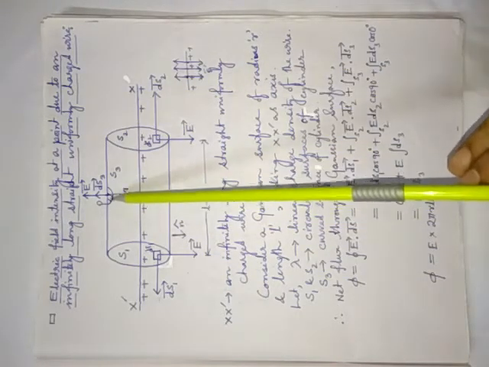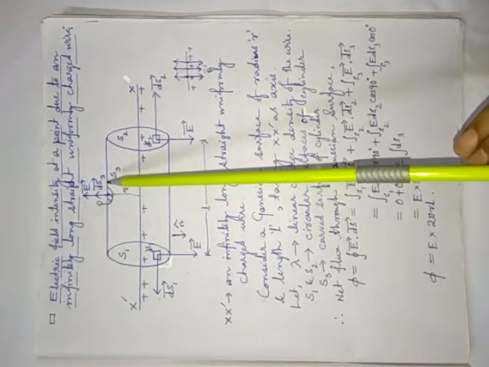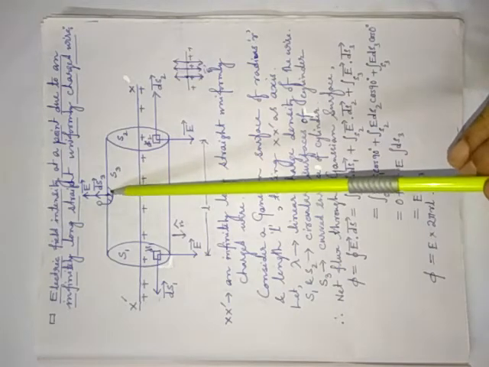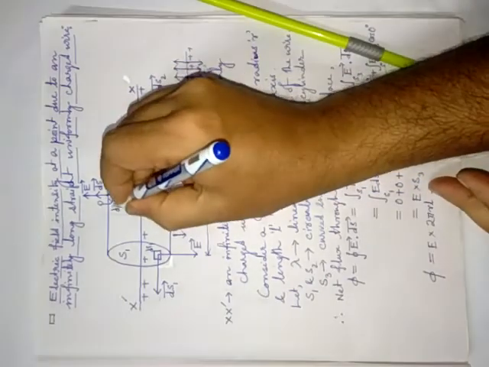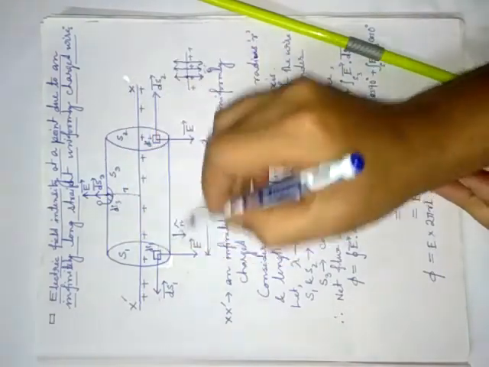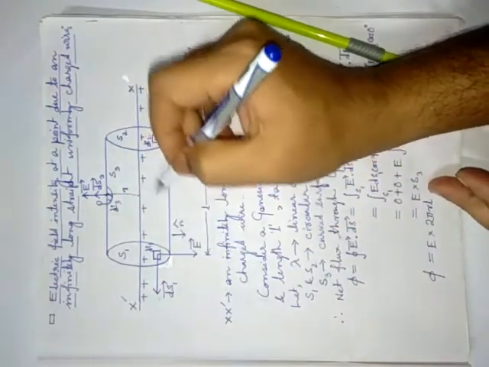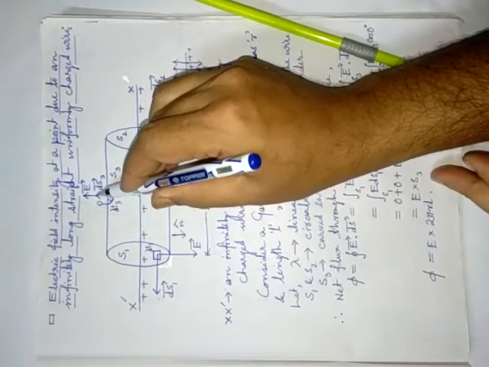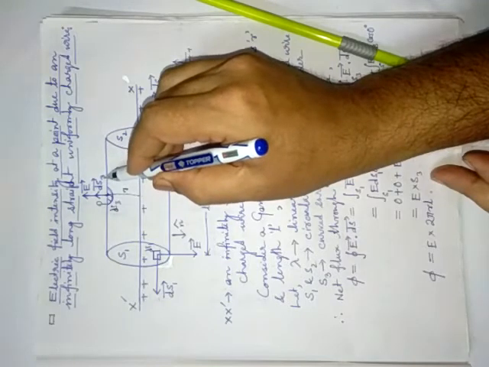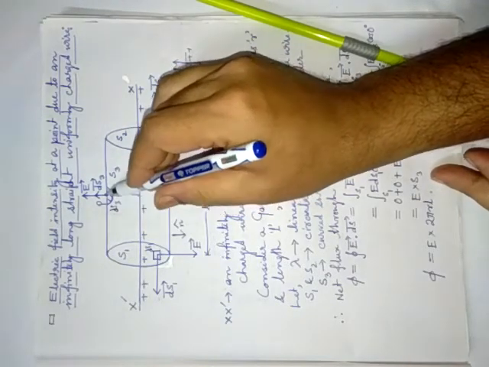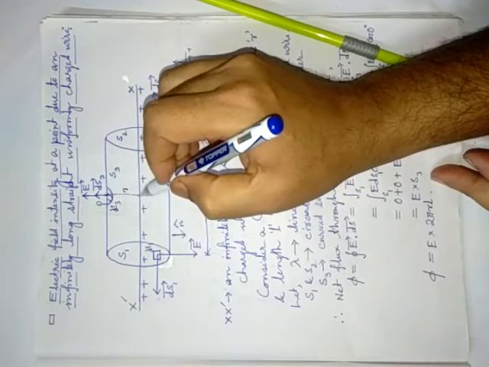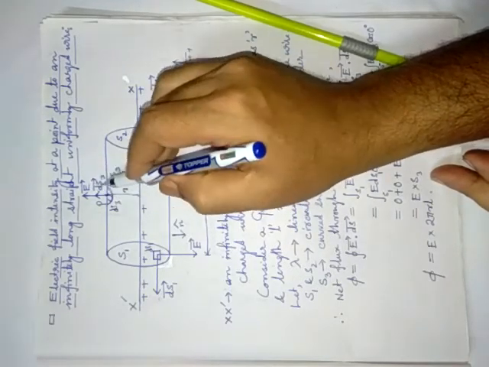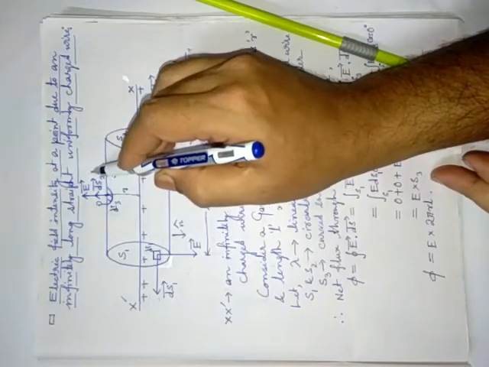Now the last one, suppose dS3. Suppose you have considered a small portion dS3 of S3, the curved surface having area S3. If you divide the whole curved surface into small parts, then a small portion having area is dS3. And if you draw a normal, then you will get the area vector dS3. Again, the electric field at point P is perpendicular to the surface. That is why E vector and dS3 are along the same line. That means theta equals 0 degree.